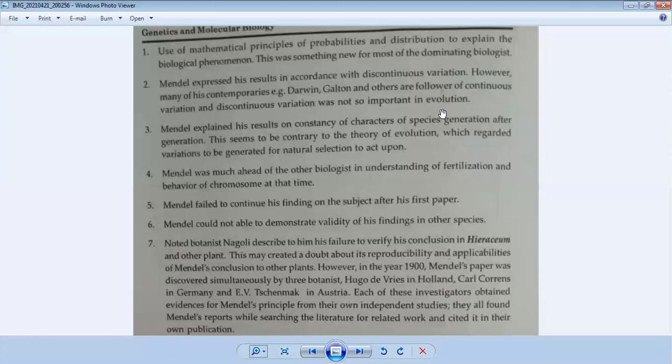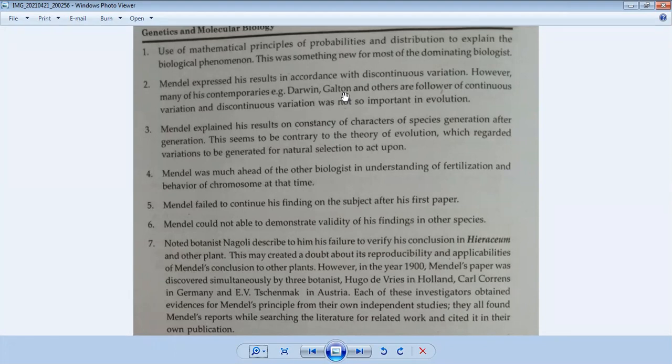मतलब मेंडल के अगेंस्ट में जो साइंटिस्ट वहाँ पे प्रेजेंट थे, डार्विन थे, गैल्टन थे, ये फेमस नेम है। ठीक है, इन द फील्ड ऑफ एवरी फील्ड, ज्यादातर फील्ड में डार्विन का नाम, गैल्टन की थियरीज है। ठीक है, तो ये लोग जो उन्होंने जो थियरीज दी थी, दैट कंटिन्यूअस एंड डिसकंटिन्यूअस वेरिएशंस वाज नॉट सो इम्पोर्टेंट इन केस ऑफ इवोल्यूशन। मतलब इवोल्यूशन के बेसिस पे उन्होंने स्टडी किया वहां पे।